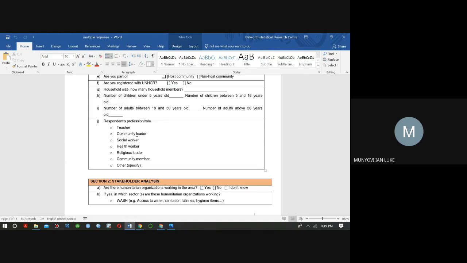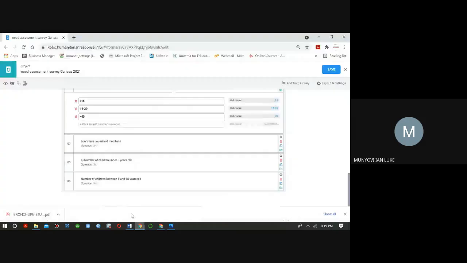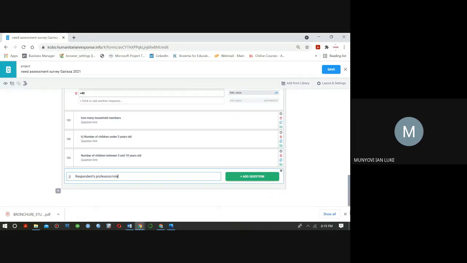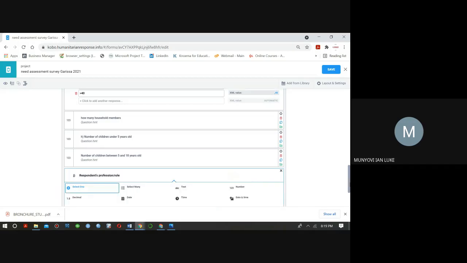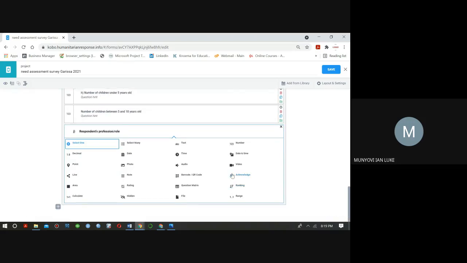And it works well. So the first thing is I'll copy the name of the question or the entire text. I go to my server, and it's still part of section 1. So I'll open the innermost plus sign, and I'll paste the question there. After pasting the question, I will go to add question, and with add question, this time I will select many.